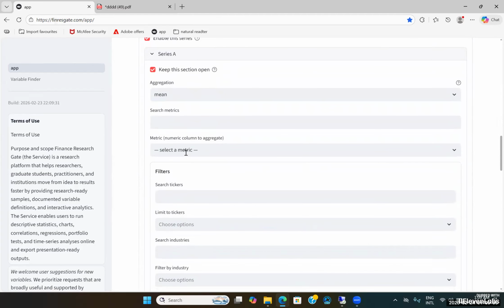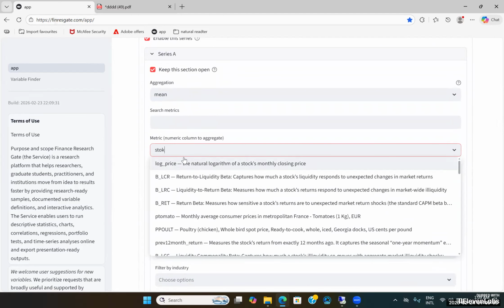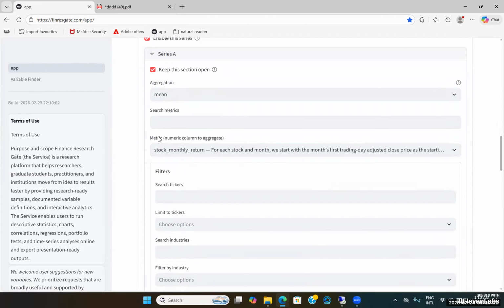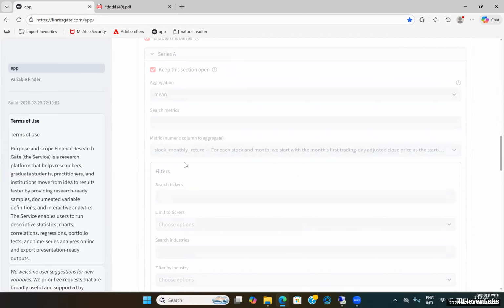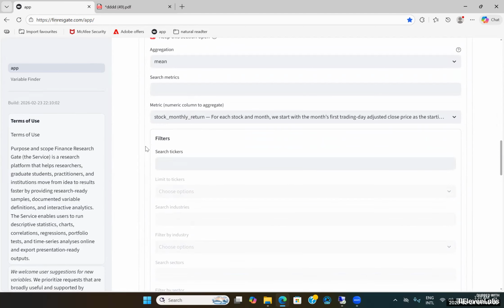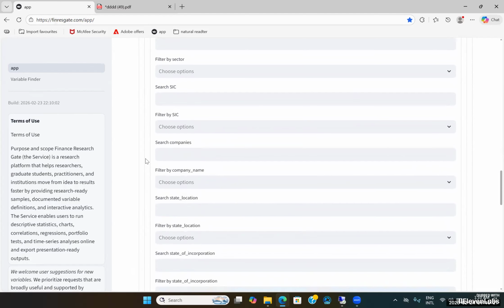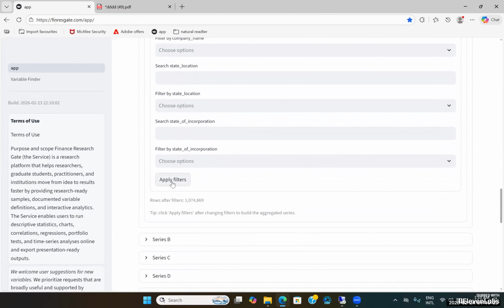All right, so for this particular step, we're going to proceed with selecting the appropriate monthly return. And then we will apply this methodology to every single firm in the market. This is how we will construct our comprehensive market index, by calculating the average monthly return observed across all these firms for every single month. We're not going to restrict this to just a single sector or a particular firm. Instead, we'll be leaving these selection boxes completely empty. Therefore, by default, we will be selecting every single firm available. After that, we simply proceed to click the Apply button.